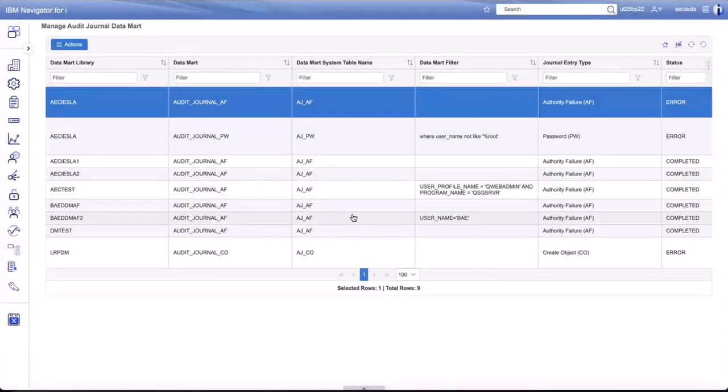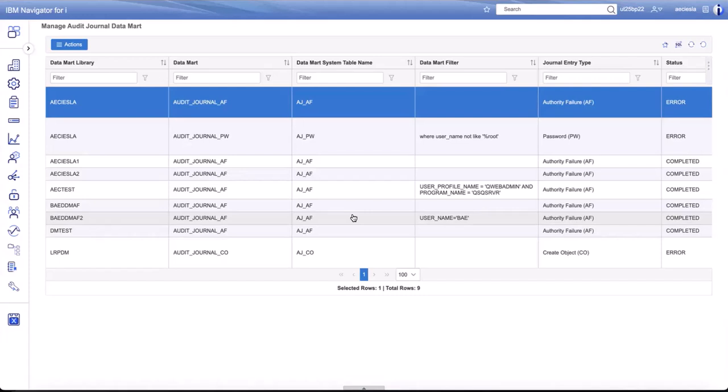This is amazing. I think this is potentially underused by so many shops, and it's such a powerful tool. Auditing in general, sometimes I have people raise their hands: how many of you have auditing turned on? That's usually most of the room. And then how many people look at the audit journal? Like 3 people out of the whole room raise their hand, which is kind of scary